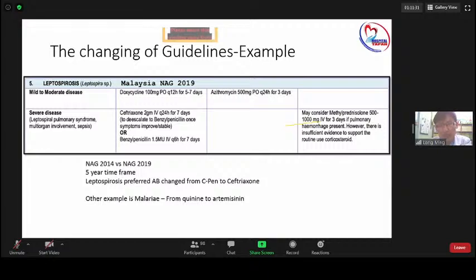As I told you before, resistance is a continuous process. AMS and us here are to delay it. We cannot prevent it, we can only delay it. How long can we delay? A 5-year time. You can see the CPG now has ceftriaxone as the first line. So this collateral damage will happen later when we use a lot of ceftriaxone.